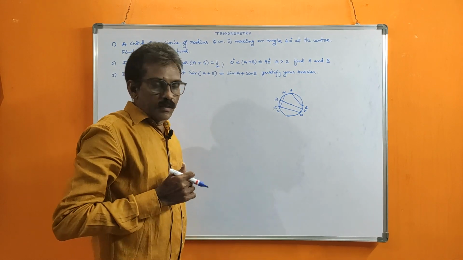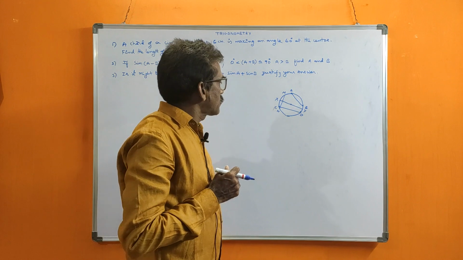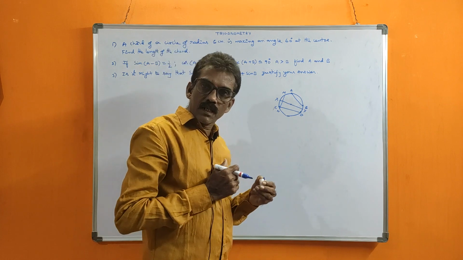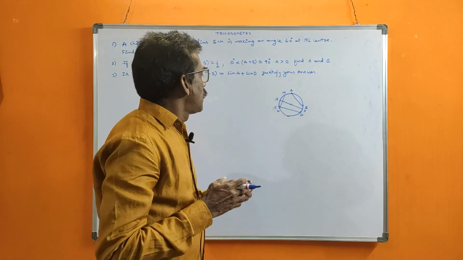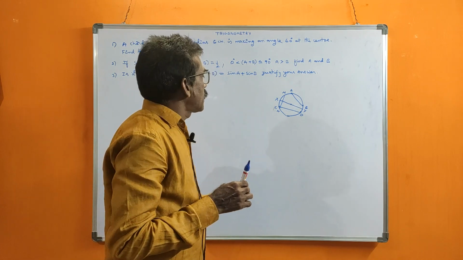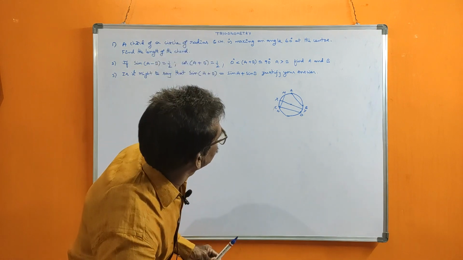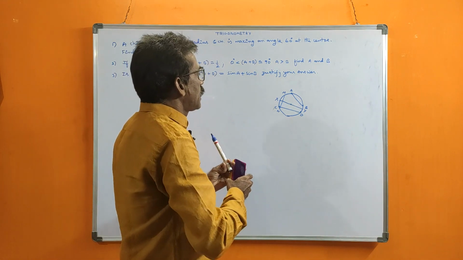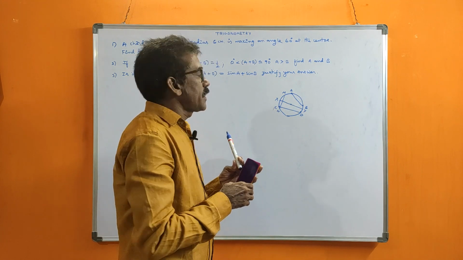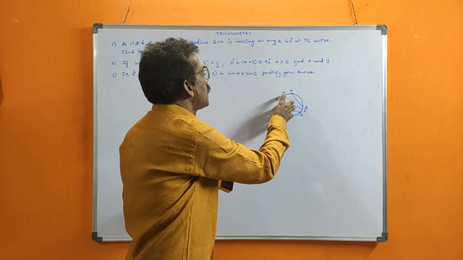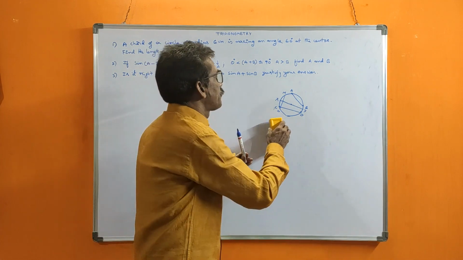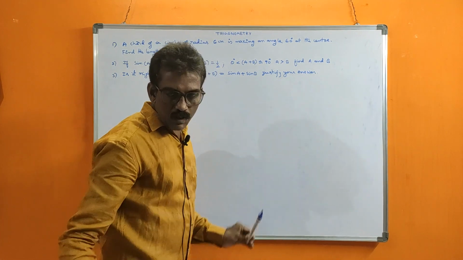The diameter is the longest chord in a circle and it passes through the center of the circle. The diameter is also a chord, but because it is passing through the center, we specially call it the diameter. So you understood what is meant by chord. A chord is a line joining two points on the circumference of a circle. If any 2 points on the circumference are joined by a straight line, then that straight line is called a chord. That means a chord is related to a circle.